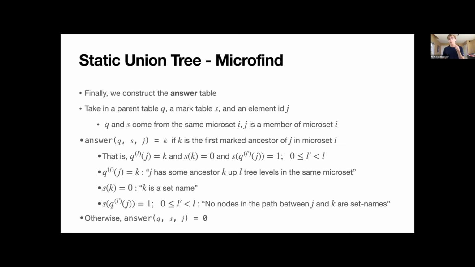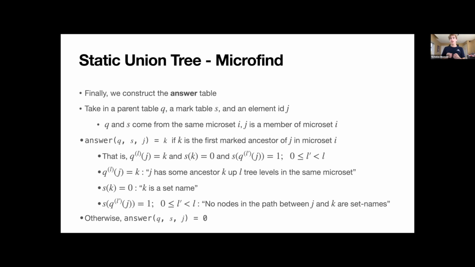So it's going to return an index k if k is the first marked, the first set name ancestor of this given j node within the same microset as this j node. And so we can define this mathematically as reapplying this parent table multiple times, looking around in the parent table until we hit some index k,